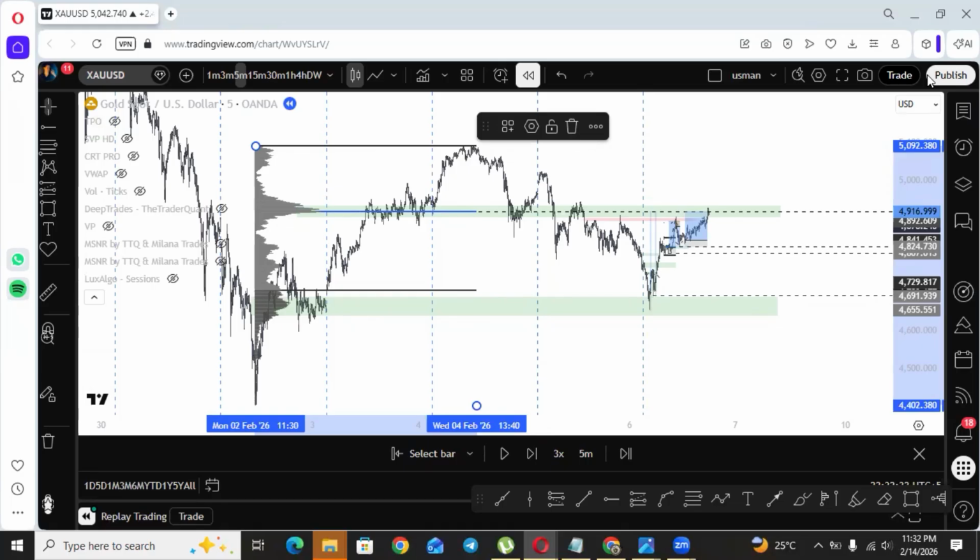So if you are learning from any mentor, whether you are learning ICT, SMC, any concept, auction market theory, volume profile, anything, or from Deep Charts, Fabio, he has mastered his strategy. You are just learning from him. So you can't expect the same results next day, next week, next month as he is getting. Why? Because he has mastered that strategy. So first you need to master something. You not only need to master the strategy, you need to master the psychology around that strategy. Then you will get the same results.